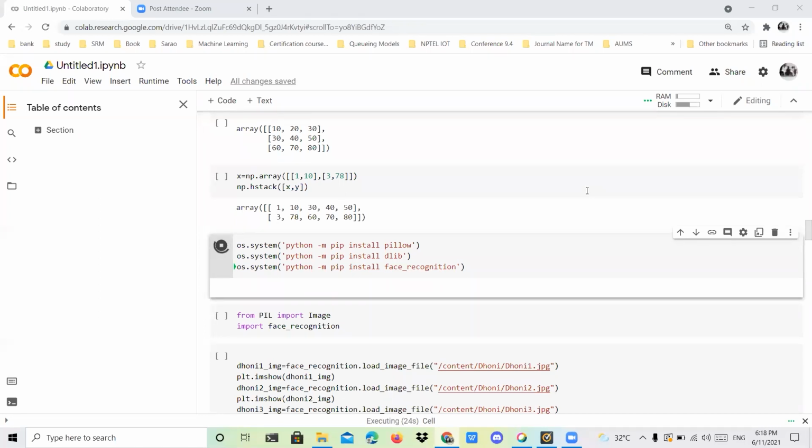No problem. Without loading a folder, you can use it. But using here, you can upload, no?